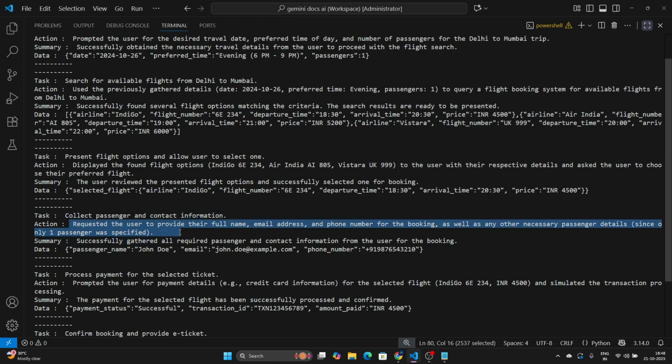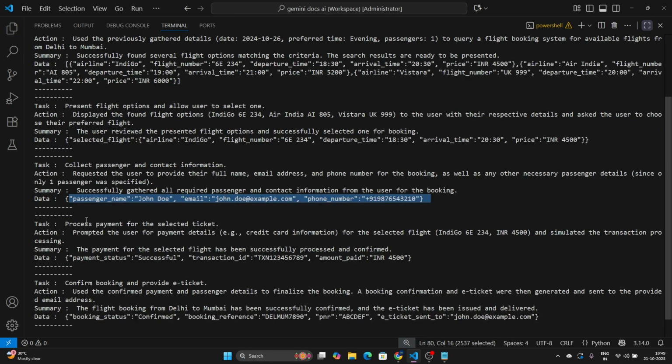So we have to request the user to provide their full name, email address, and phone number for the booking, as well as any other necessary passenger details, since only one passenger was specified. So it has successfully gathered all the details for the passenger, like the phone number, the email, and the passenger name. Next task is to process the payment for the selected ticket,